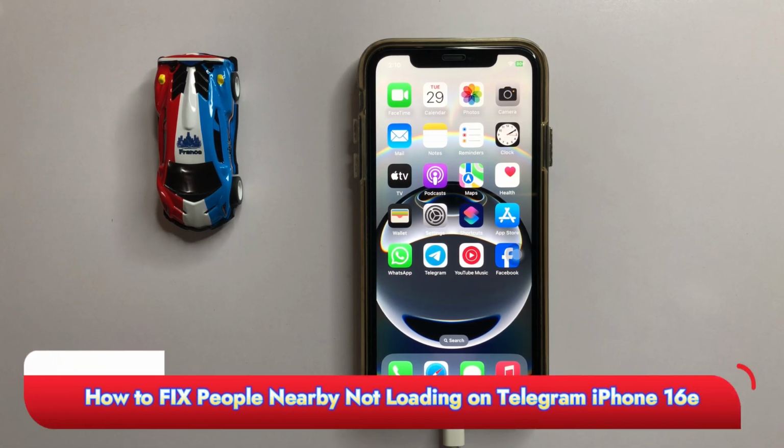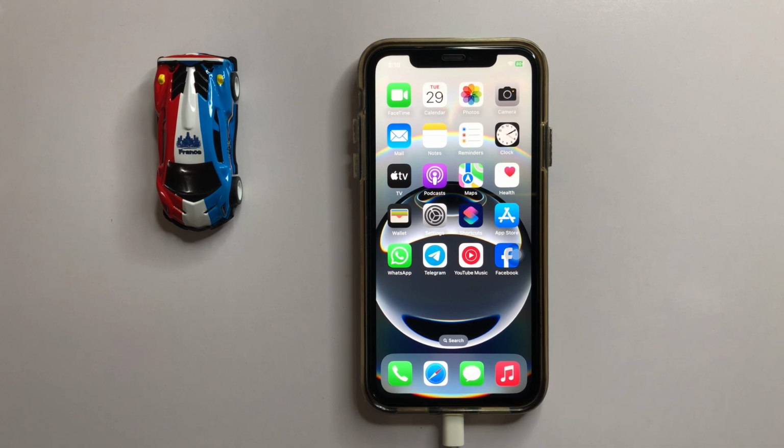How to fix people nearby not loading on Telegram. So let's start the video. First of all,